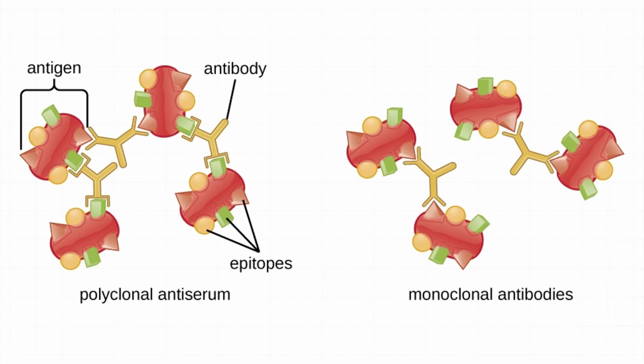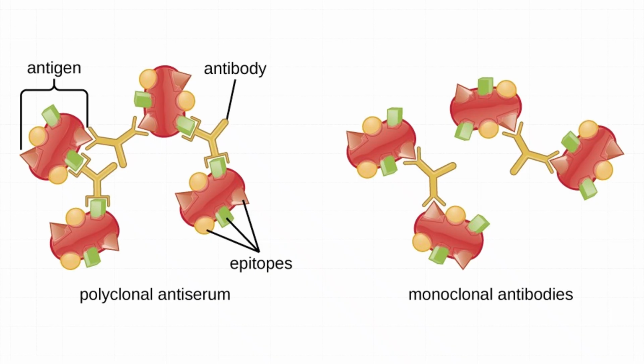Antibodies themselves are Y-shaped proteins produced by B cells, and each antibody is highly specific to a particular epitope. On the left side of the image, polyclonal antiserum is shown. This represents a natural immune response where multiple B cell clones produce a variety of antibodies. Each of these antibodies targets a different epitope on the same antigen. As a result, polyclonal antibodies form a diverse mixture that can bind to several sites on an antigen simultaneously. This diversity increases the likelihood of successful binding, even if some epitopes are hidden or altered, making polyclonal antibodies generally more robust but less specific.